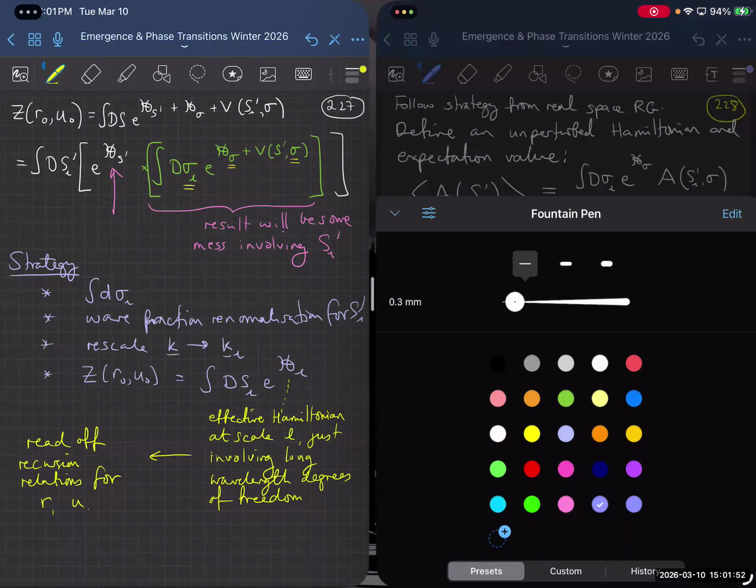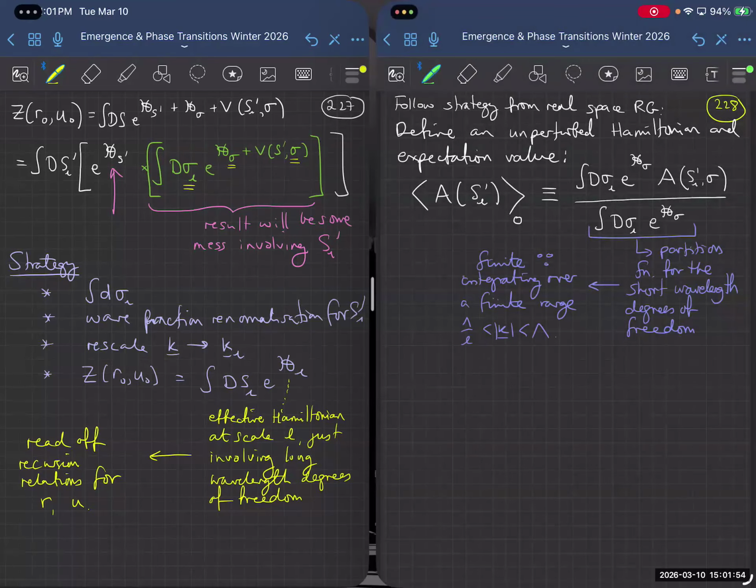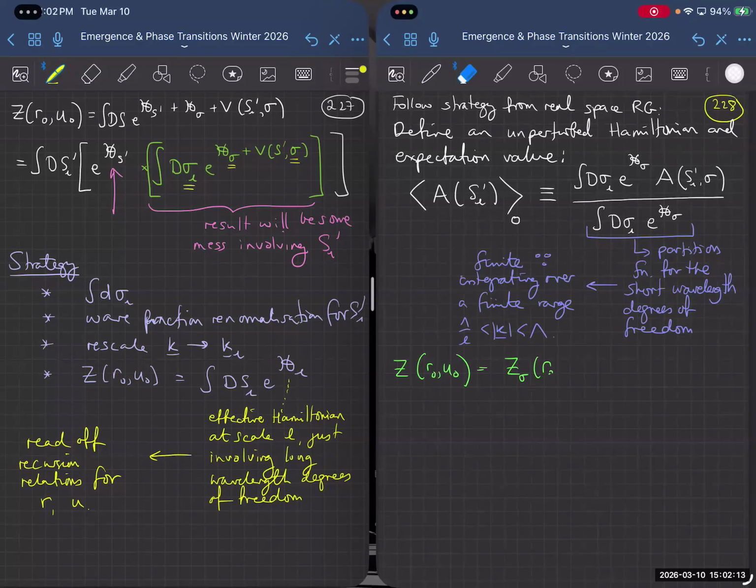Therefore, once I've written it down like this, I can write down what my partition function is in this language. I'll just call it Z sigma, to make it simpler. It's going to be Z sigma times then the integral